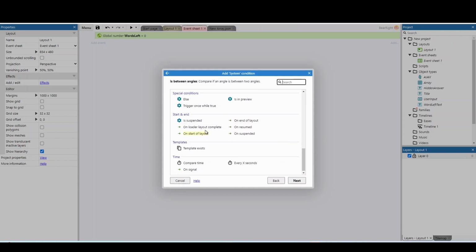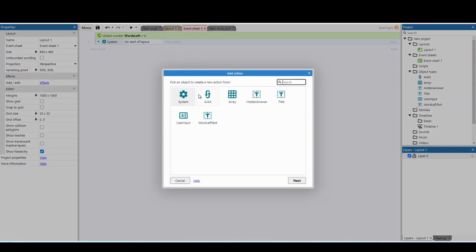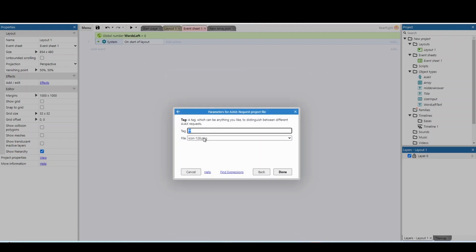Scroll down and on start with layout. So first thing I'm going to do is we're going to make use of Ajax. We're going to request a project file, and the file that we want to request is the new array JSON that we created. You might also want to rename that file to be Pokemon.json or listofcountries.json, whatever your category is, and you can have multiple JSON files, so you could actually set this up to work with multiple categories. In terms of tag, I'm just going to keep it just as it is,